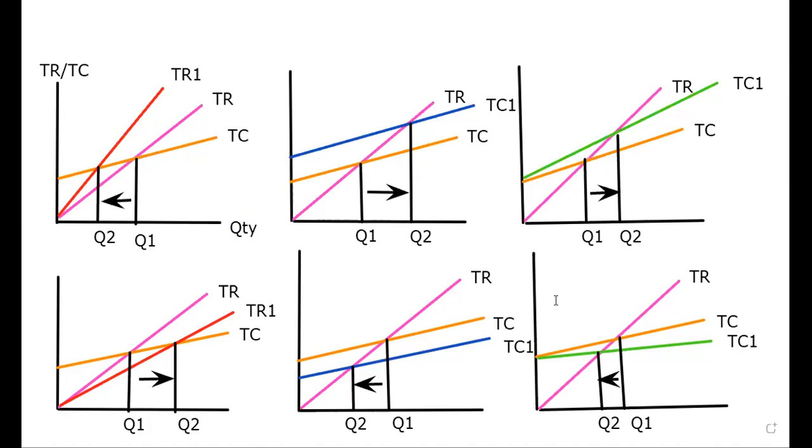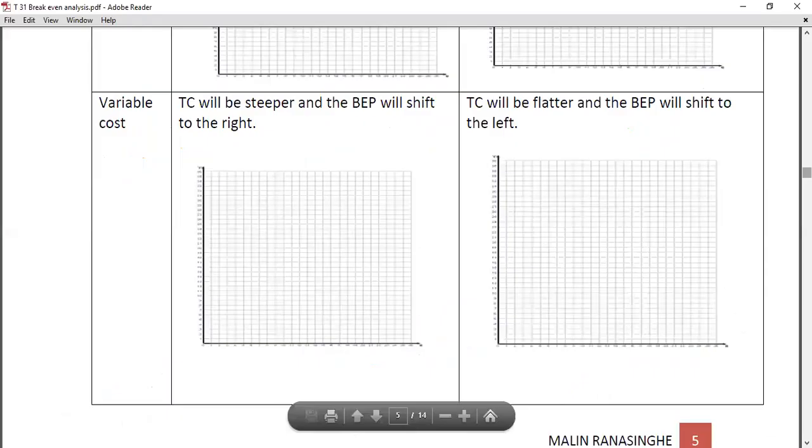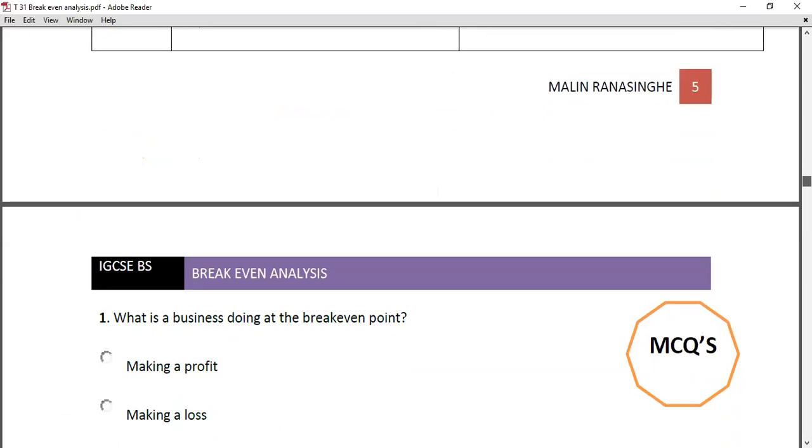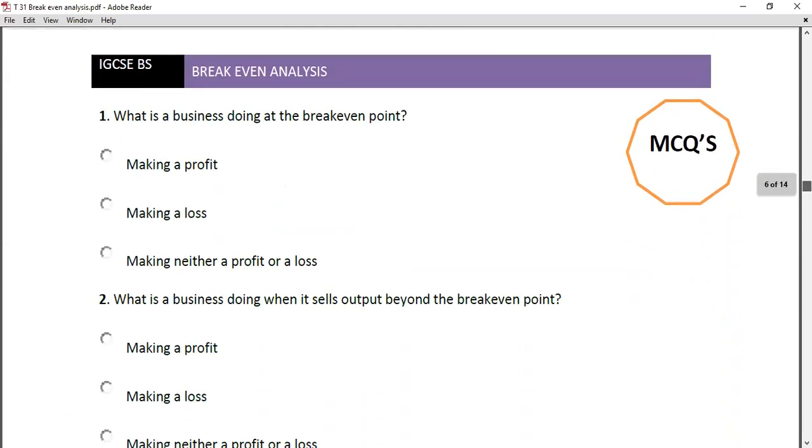In summary, we can say revenue has a negative relationship with the break-even, and any cost, fixed cost or variable cost, has a positive relationship with the break-even point. When cost increases, the break-even point increases; when cost decreases, the break-even point will decrease, right? So I hope you understood that concept, and you can draw everything in my handout also, right? So six handouts. Now we'll see some MCQ questions based on break-even.